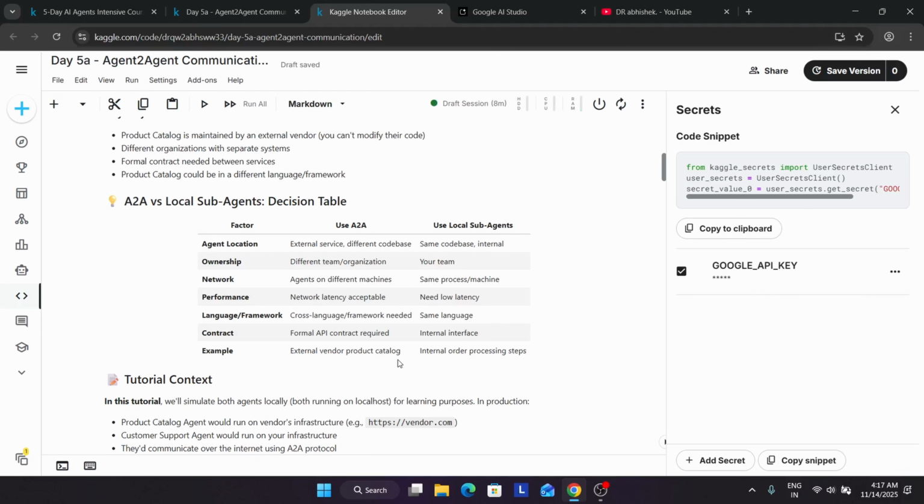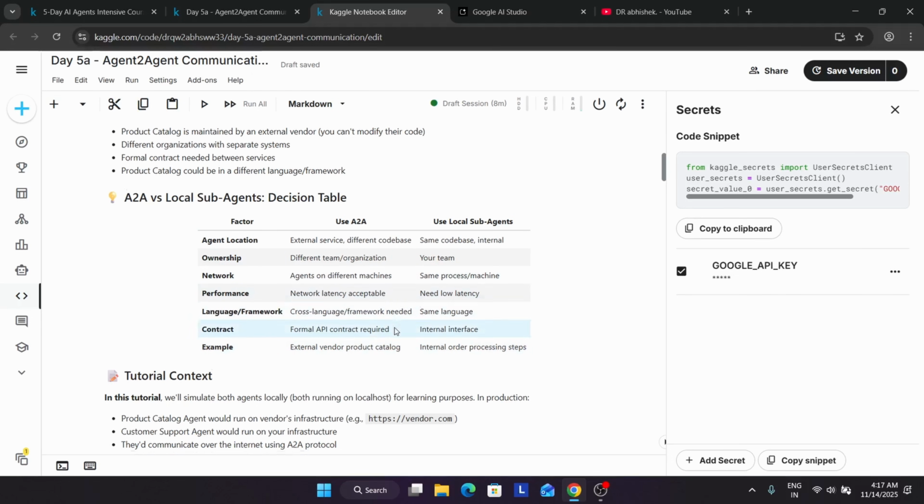Network depends on different machines for A2A, and for local, as it is local, it works in the same one. Performance: latency is acceptable in A2A, but for sub agents we need low latency. So like this you can understand all these things.